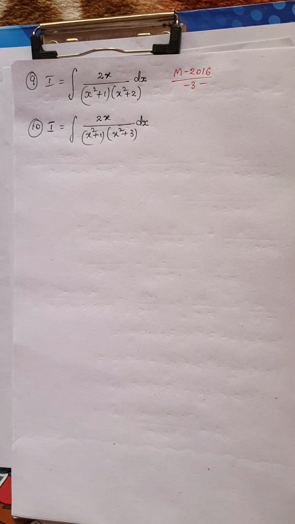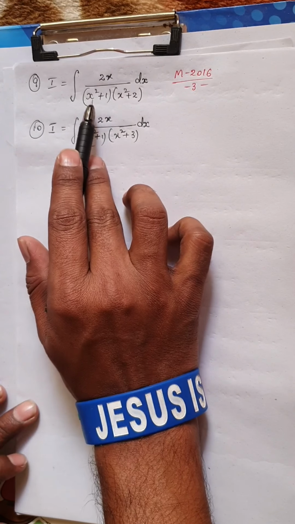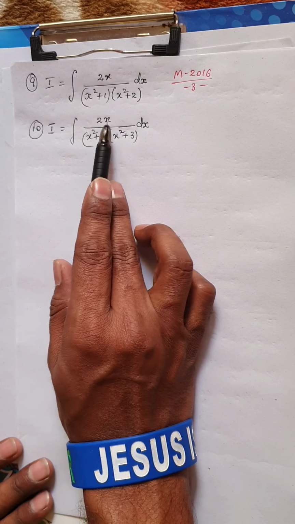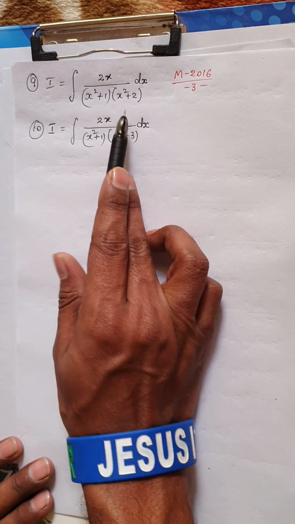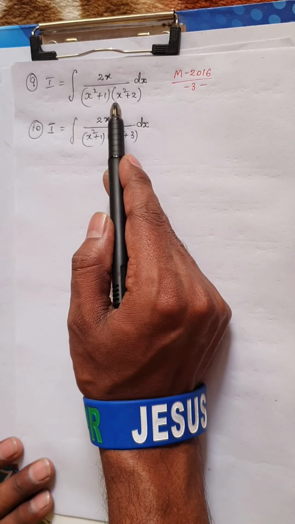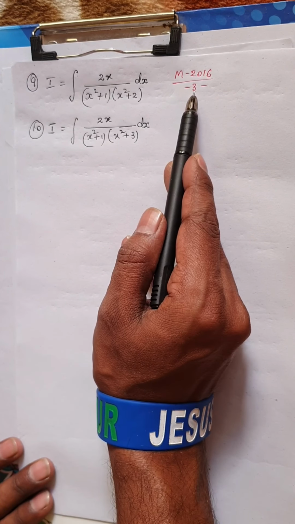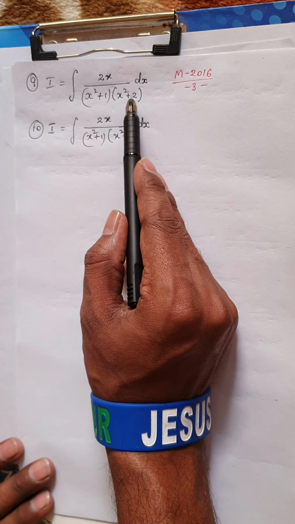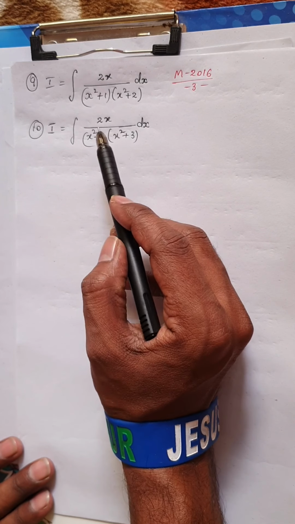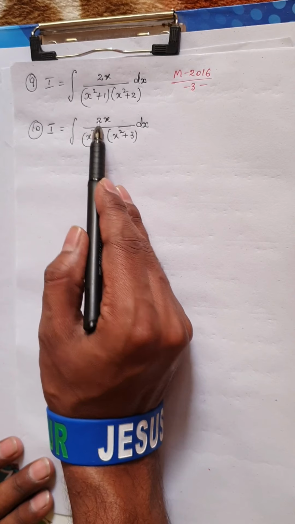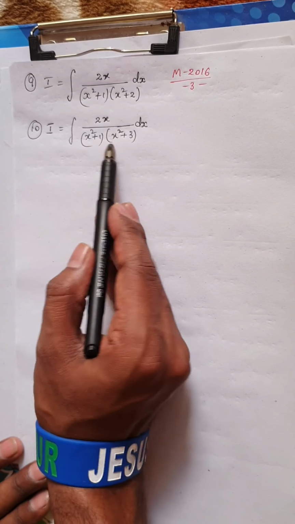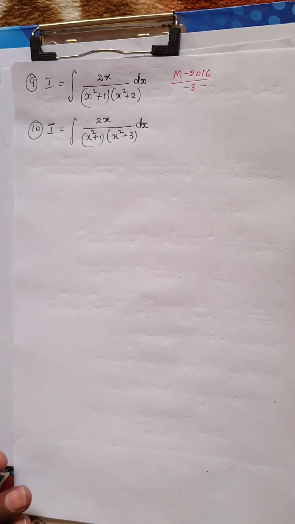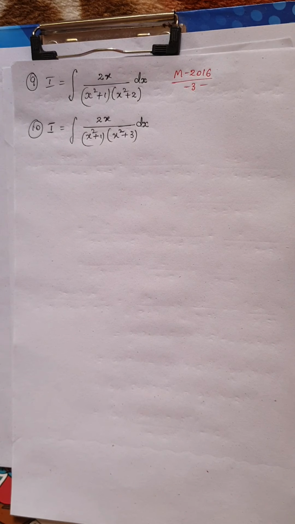Now consider these two questions which I have given here. I have integral of 2x divided by (x square plus 1) into (x square plus 2) dx. The other question is almost similar, 2x divided by (x square plus 1) into (x square plus 3). This question is in the exercise, but this question has been asked in the year March 2016 for 3 marks. But remember, since it is not in the textbook, I do not think this can be asked again, because the instruction given for us would be, the questions would be taken from the textbook itself. So I am going to solve this question. In the same pattern you can solve the previous one. Okay. So let us move on with the regular process of partial fractions.